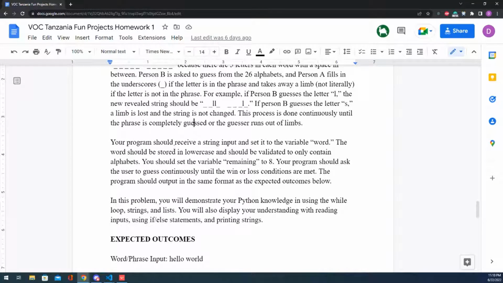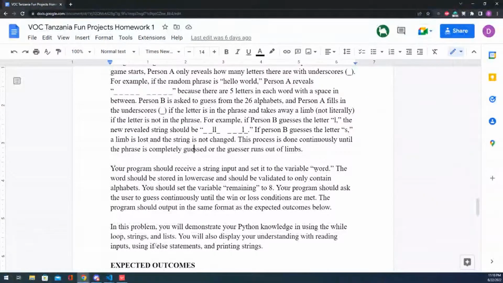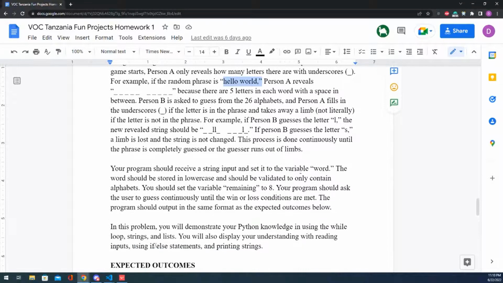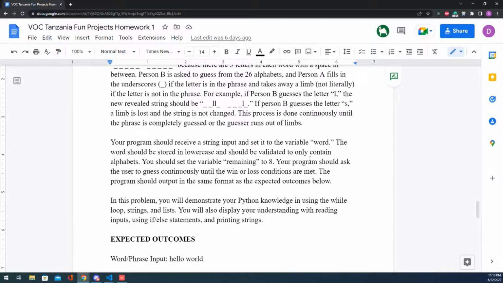So your program should receive a string input and set it to the word. So set it to the variable word. So like hello world over here. So this program is going to allow the user to set their own word, and then